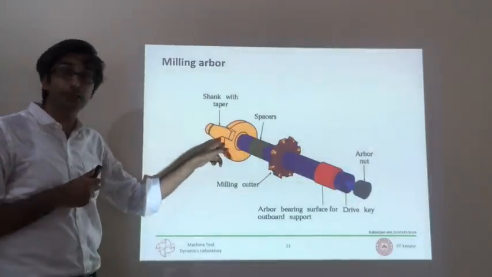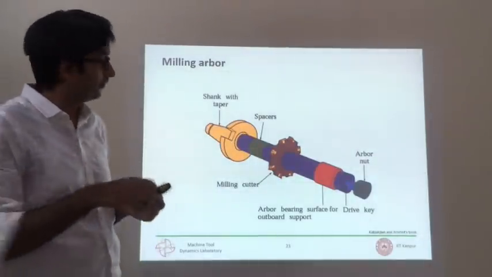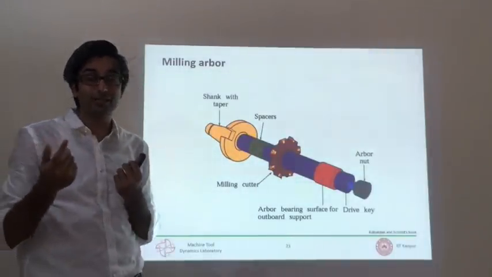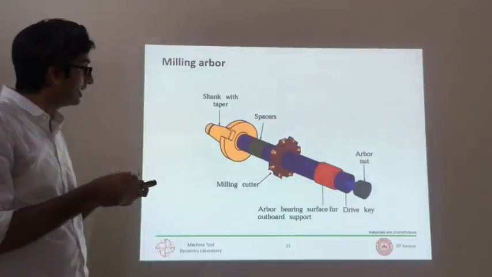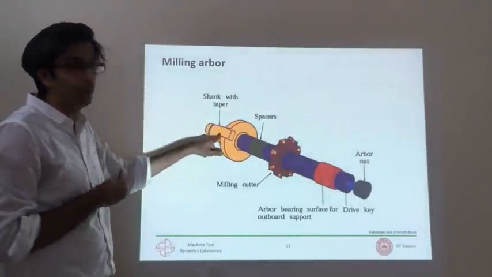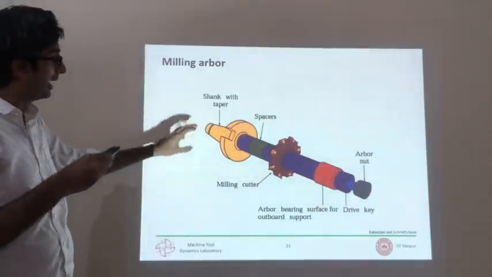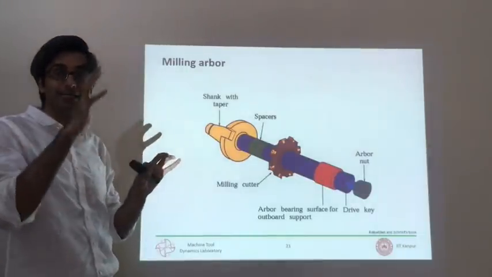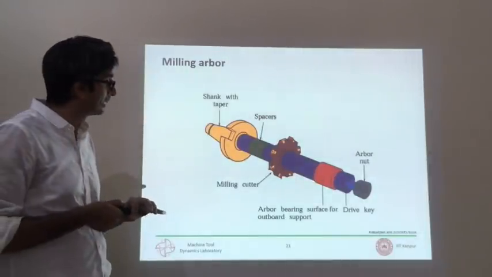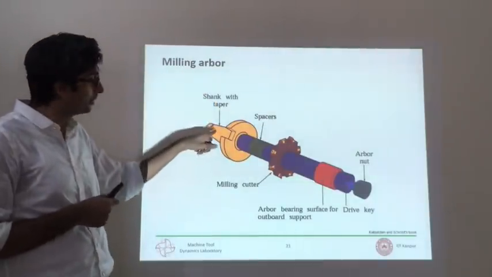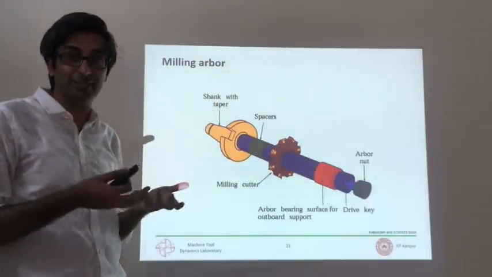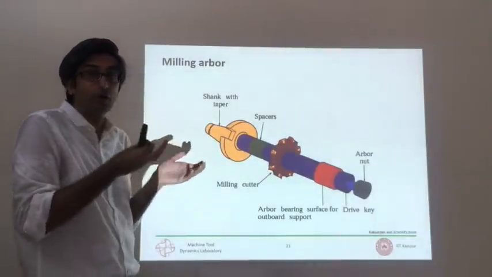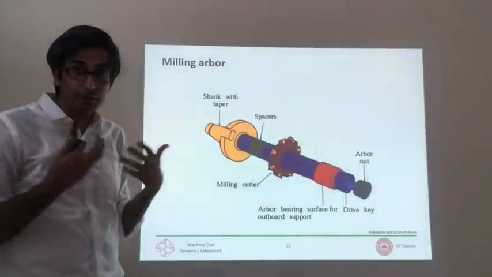There is something which is actually special about this taper. The angle of the cone makes it either self-locking or self-release. There are both types. What I mean by self-locking is I can just insert it in the bore which has the same taper, and because of the angle on that cone there is friction, and that locks by itself because of the friction angle. Similarly, there are other angles you can make on this cone which are called self-release. A simple push from the back or a pull from here will cause that taper to release. So there are also self-release tapers.